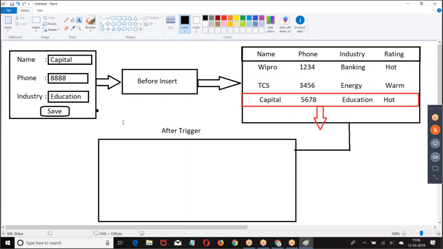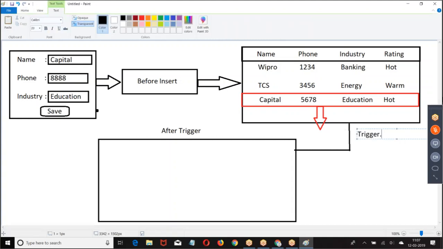The list of new records which are saved successfully are referred with trigger.new. Those list of new records are referred with the trigger.new.